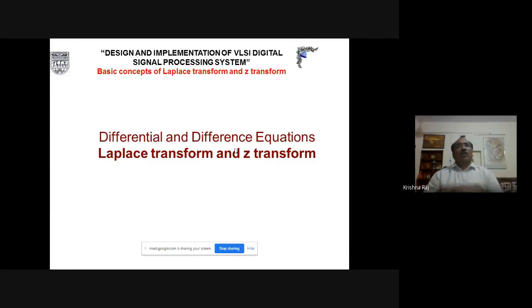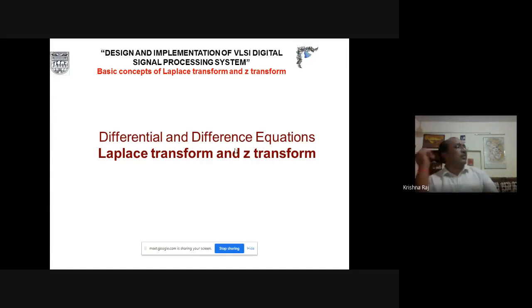If we apply the Laplace transformation, it becomes a function of s. Similarly, if we apply the Z transformation to the difference equation, it becomes a function of z. In the Laplace transformation, s is the complex frequency, represented as sigma plus j omega. But for the purpose of oscillations, we consider only the j omega here, and damping is responsible for the sigma. Similarly, in the Z transformation, we use r e to power j omega, where r is the real portion, and we utilize only e to power j omega. Then these functions are transformed into the frequency domain, and these are known as the Fourier transformation.